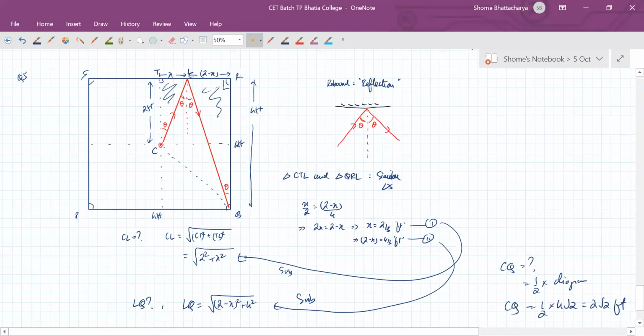So hope this is clear to all of you. This is more a geometry problem. It's just the visualization part, where you have to think like vectors. Displacement vector is the line joining the initial and final position. So the displacement from the initial position at the center to the rebound point in front is nothing but the line CL. Similarly, the displacement from the rebound point on the front to the pocket on the backside corner is nothing but LQ in my diagram. So you have to find this. Rest of it is just plain geometry. So this was more like a puzzle question, not so much about formulas in vectors. It's just about visualization in 2 dimensions.